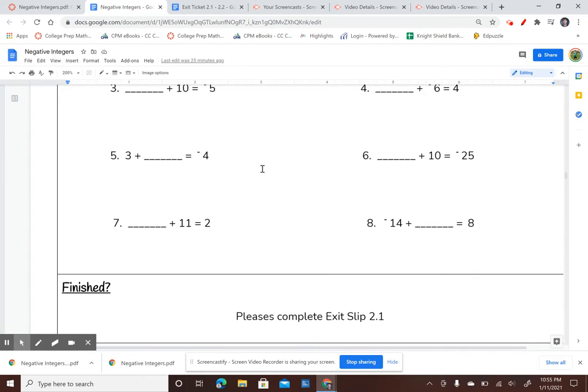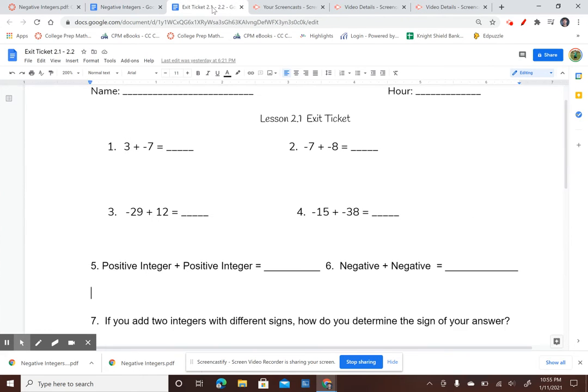All right, so nice job finishing that second section. Now you're going to finish up with this part and it'll say, please complete exit slip 2.1. So what you're going to do is go into your packet and find the lesson 2.1 exit tickets. This is also located on Canvas, and you're going to complete these four problems here along with problems 5 and